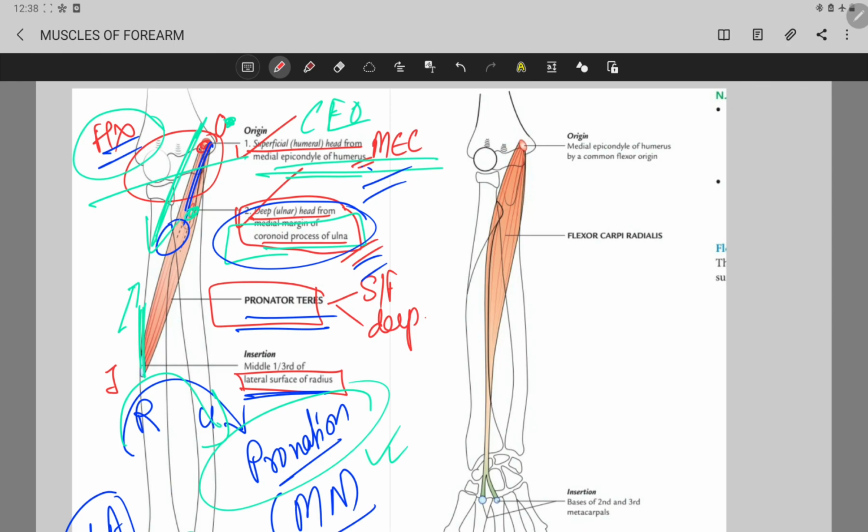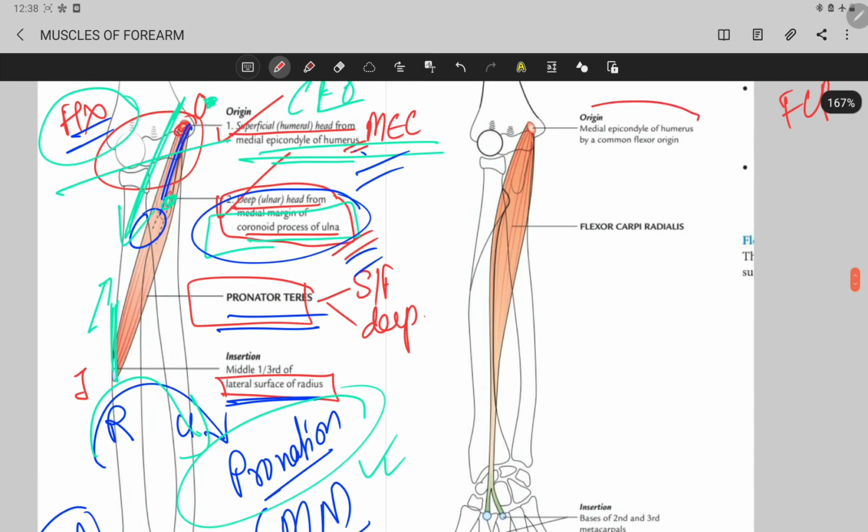So after the pronator teres, now I'm going to talk about the most medial muscle with respect to pronator teres. Medial to pronator teres is your flexor carpi radialis muscle. Similarly, flexor carpi radialis also has the same origin, the common origin from the common flexor origin, the anterior surface of the medial